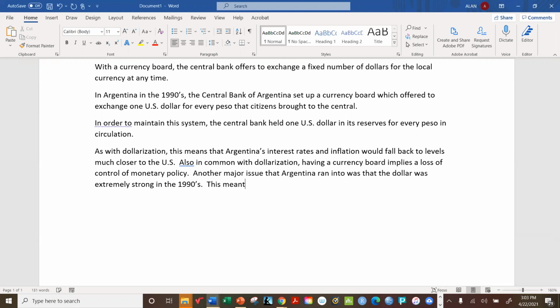This meant that Argentina's exports would be very expensive. And this meant that they experienced rising trade deficits. Now, that's a problem for Argentina